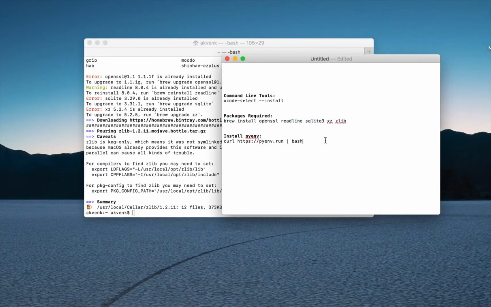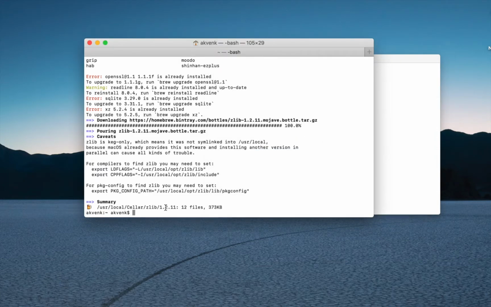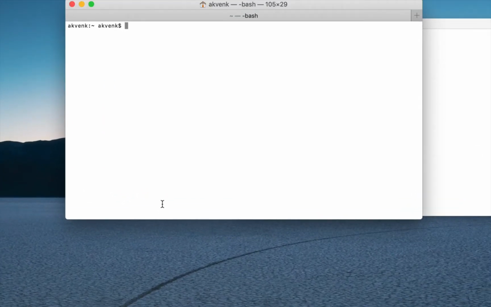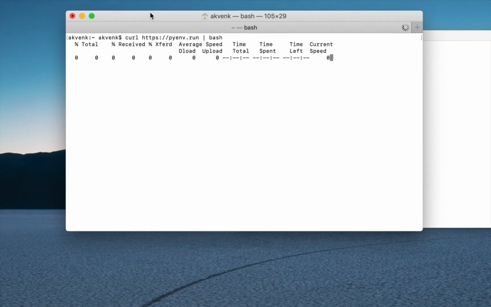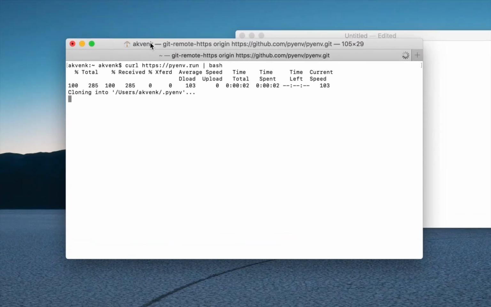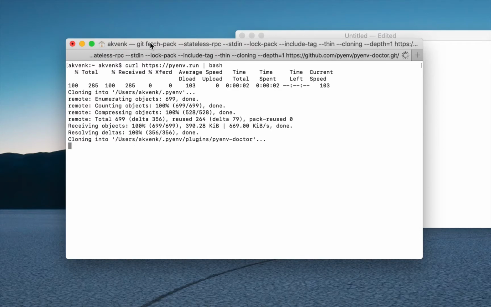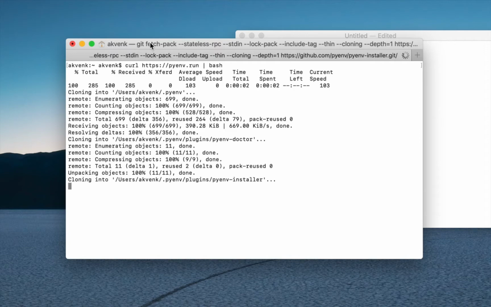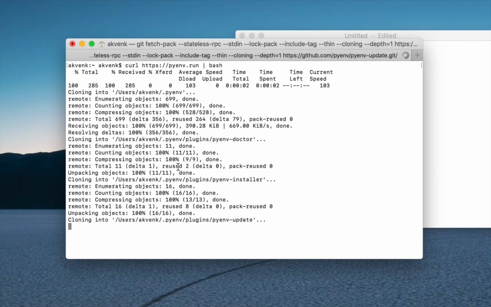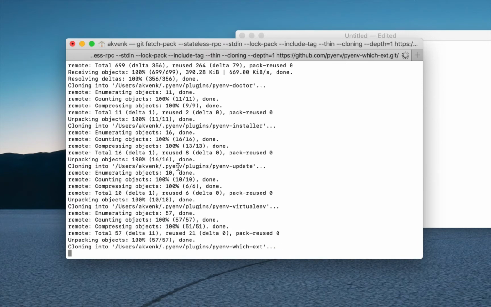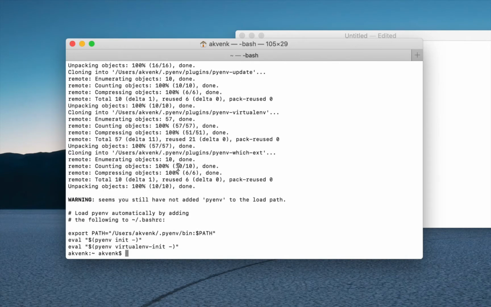Now let us go ahead and install PyEnv. The command we are going to use is the PyEnv installer to finish the installation. This is going to install a couple of plugins along with PyEnv, and one important plugin is PyEnv Virtual Env.